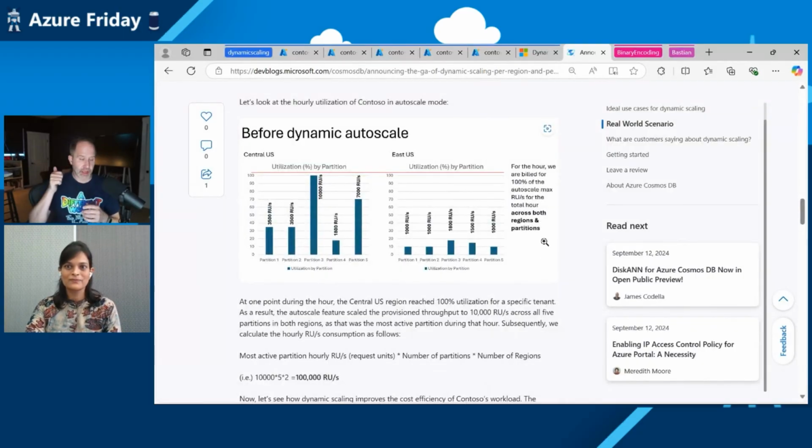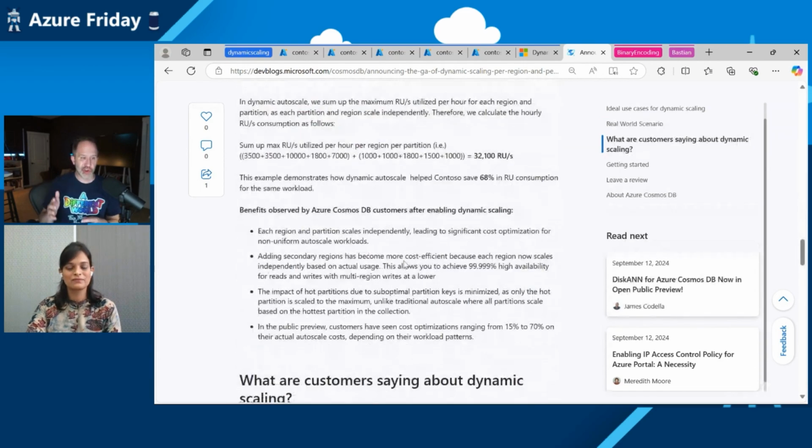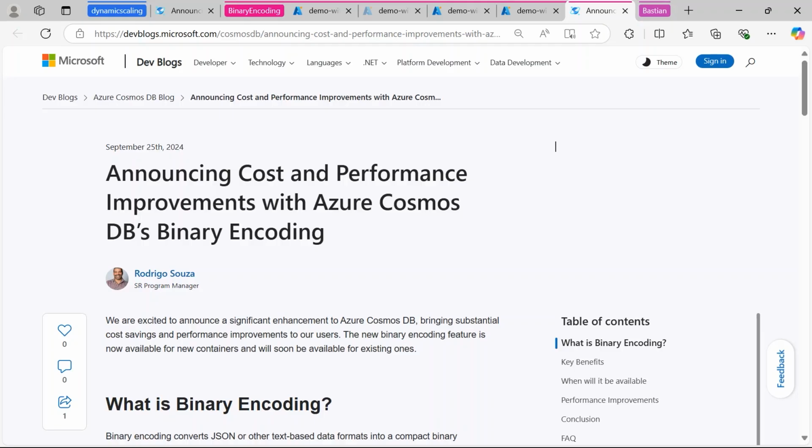That's going to give me the great experience, the great performance that I'm already used to, and the throughput that my customers are used to on Azure Cosmos DB, with huge, huge cost improvements. But also, I understand that binary encoding is another improvement that is going to change the size of my data and how it's encoded. Let's talk about that. Sure. So now let's move on to binary encoding for NoSQL API.